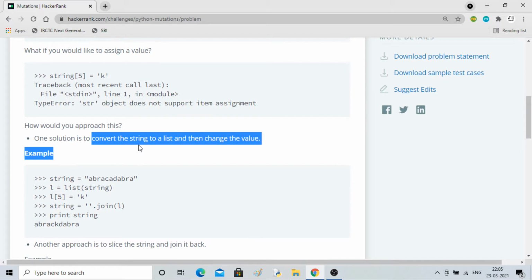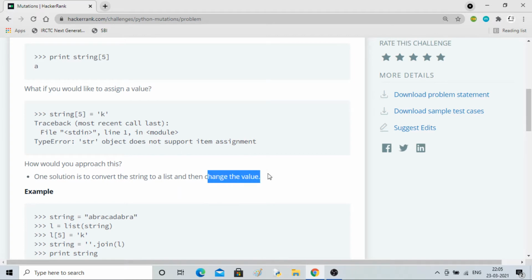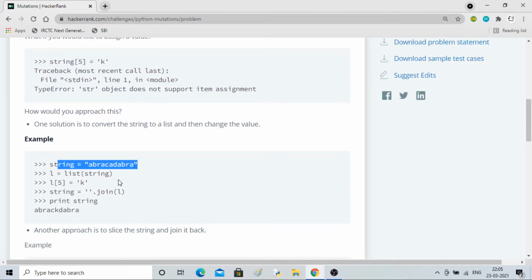Okay, so the solution is to convert this into a list and then make a change. You had this string, you converted it into a list, and then you assign the value k in the position of a, and you join it. The list will convert this whole string into a list of characters where each element will be a b r a c a d, like this, and then you can access the fifth index and change it to k.